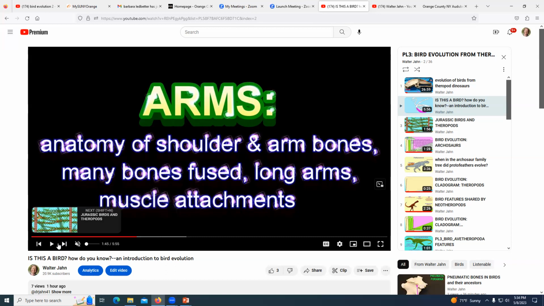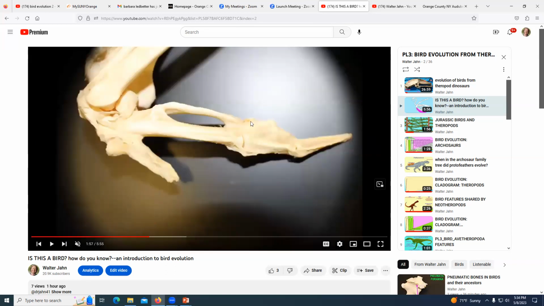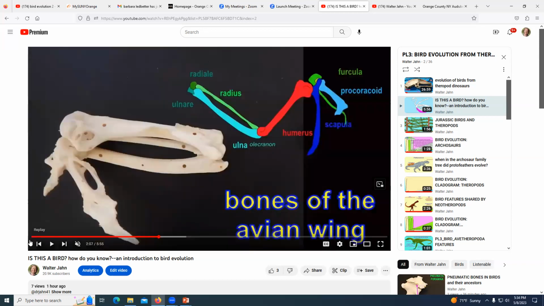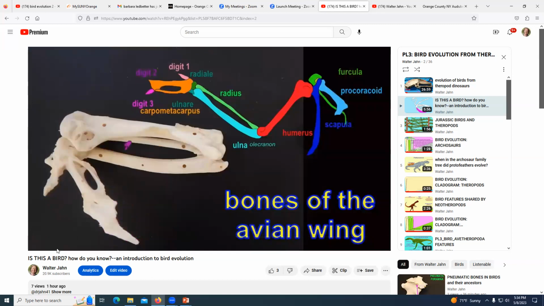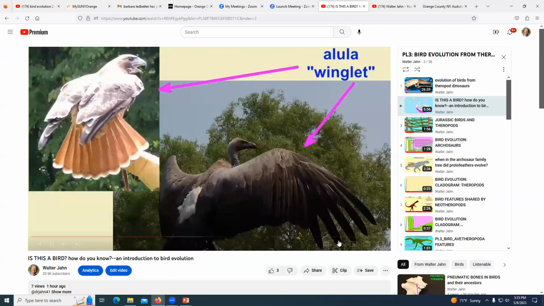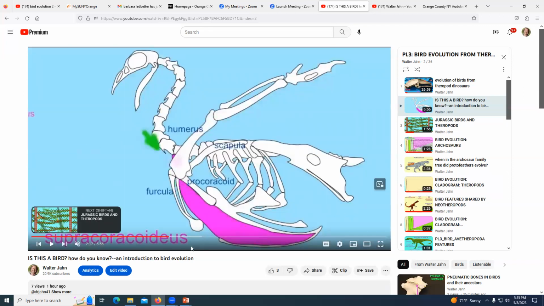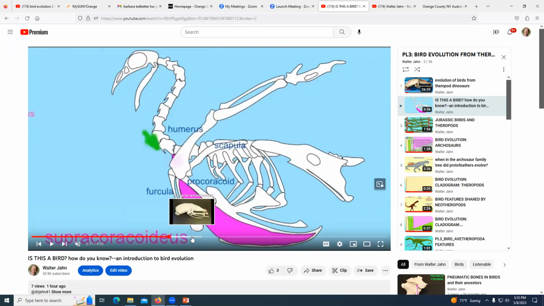If we look further on the arm, we're going to see, yes, they do have the same bones that we do. So maybe that looks familiar from your eating chicken wings. They do have a humerus, a radius, and ulna, carpal bones, just like we do, but a lot of them are fused together. They have a tiny little thing sticking out on their wing there called an alula. They've got these neat